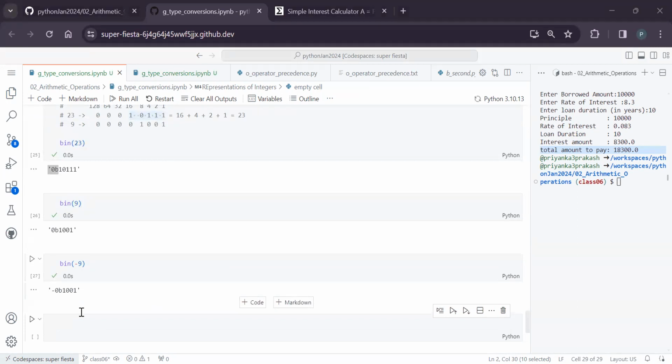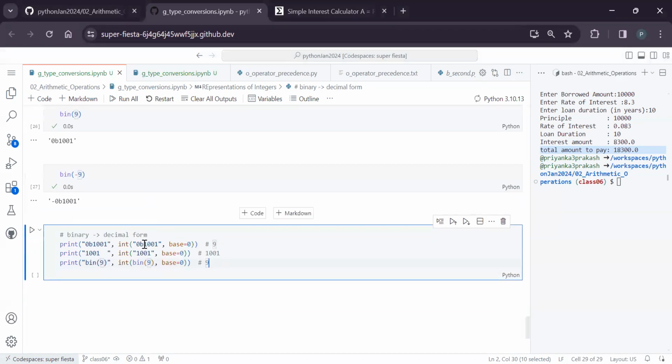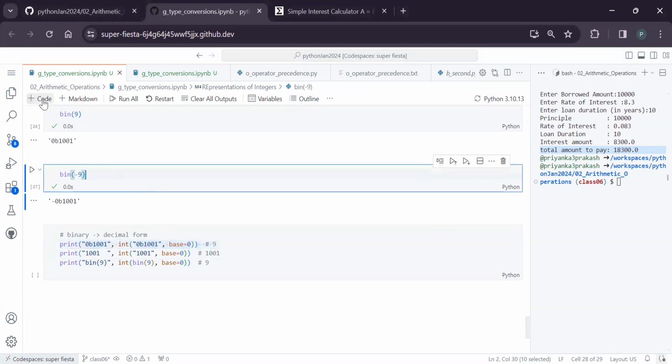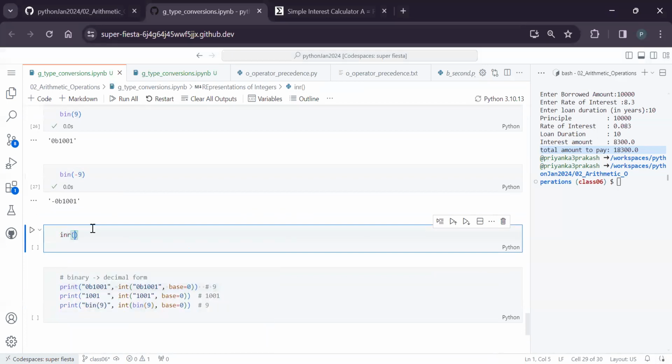So if you go for an interview, they will try to test whether you have tested this kind of edge cases. Similarly, if you have a binary value, then how to convert back to an integer? Using the int function only, but we should specify base equal to 0. If I don't specify that, it doesn't know what it is. If I say the same thing, int of the same value,